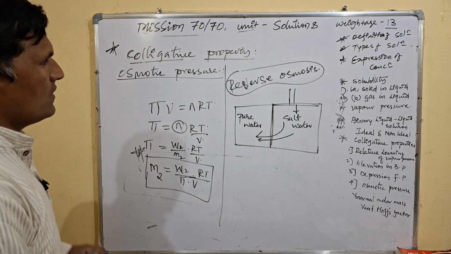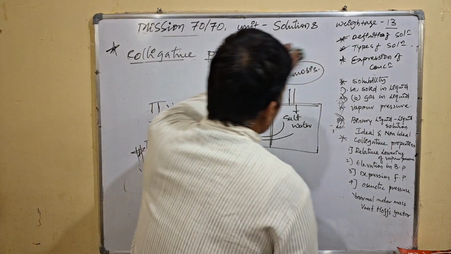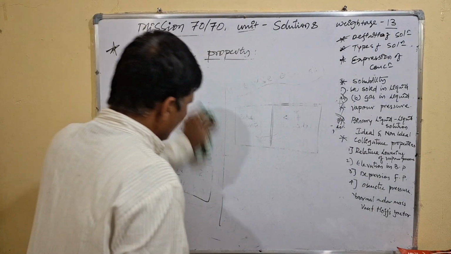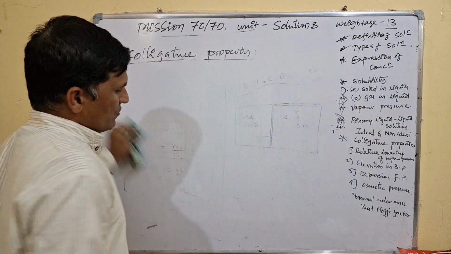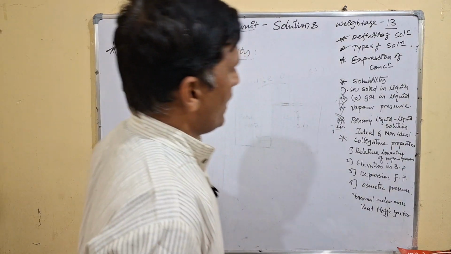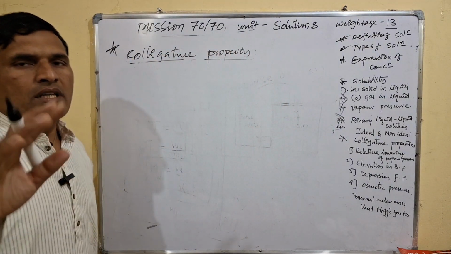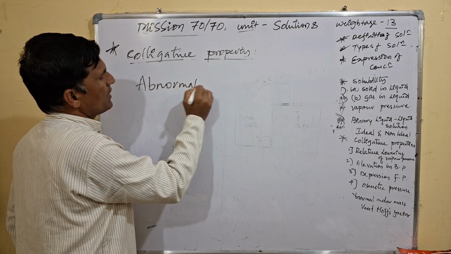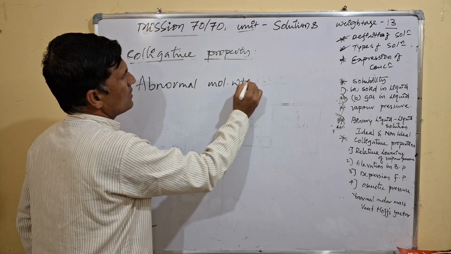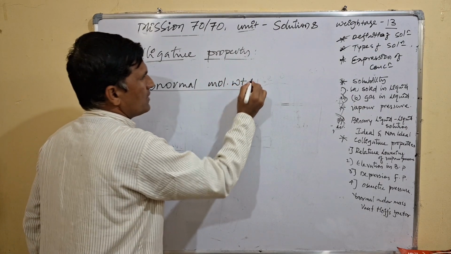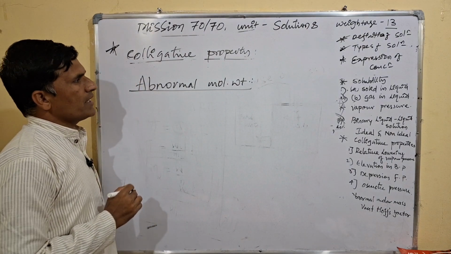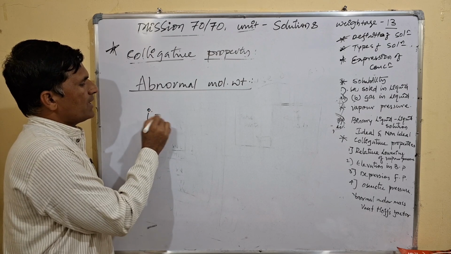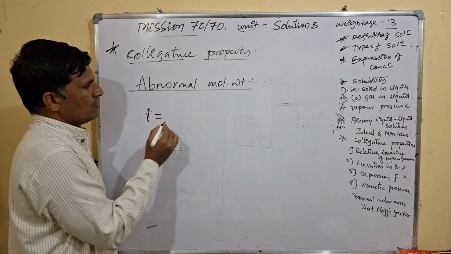Then next is abnormal molecular weight. Whatever molecular weight we determine by using these colligative properties, sometimes it will not be the same as the molecular weight of the solute molecule, and then we call it abnormal molecular weight. And how are we going to calculate this abnormal molecular weight? Here, to include that, the van't Hoff factor i is equal to